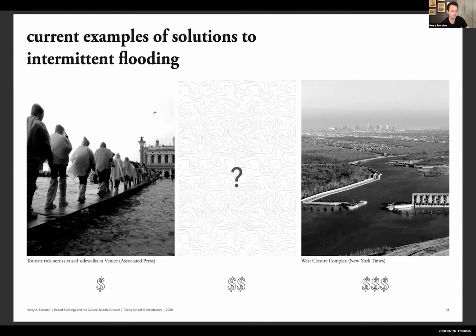The most recent addition to the system was one of the largest civil works projects ever undertaken, which cost roughly $14 billion. In April of 2019, it was found that the system would no longer provide the 1% level of risk reduction as soon as 2023. With that being said, I understood that there are very few proposals for intervention that lie in the vast area in between raised sidewalks and $14 billion flood walls.